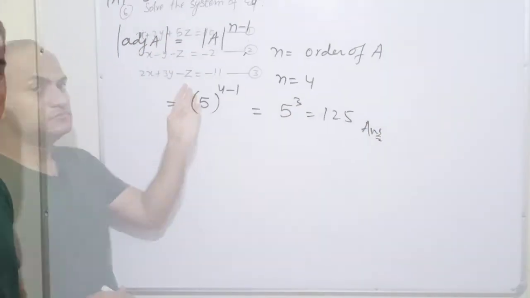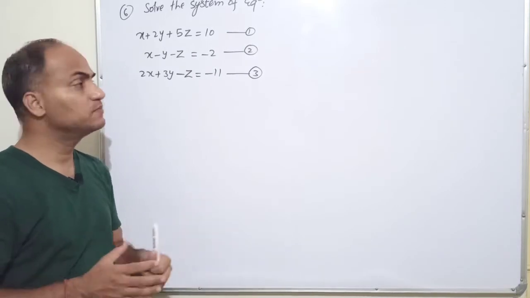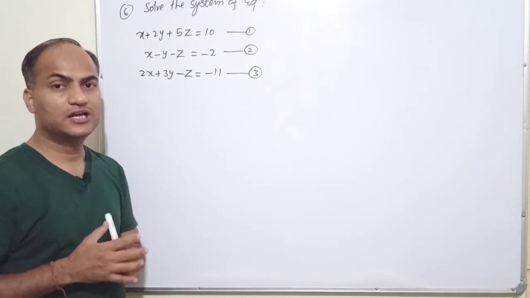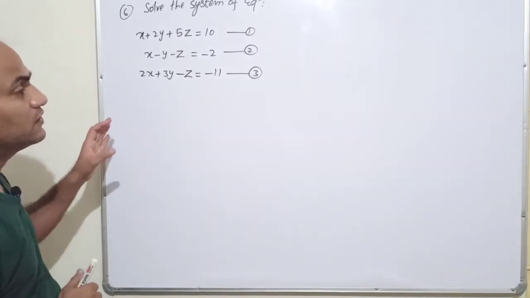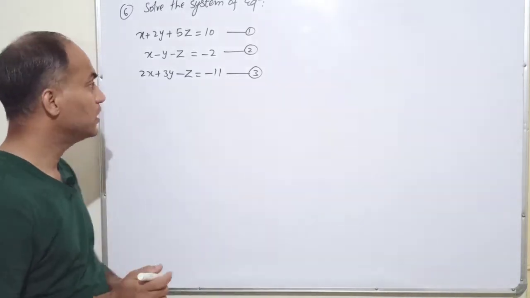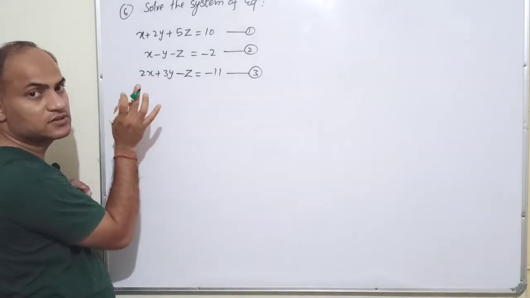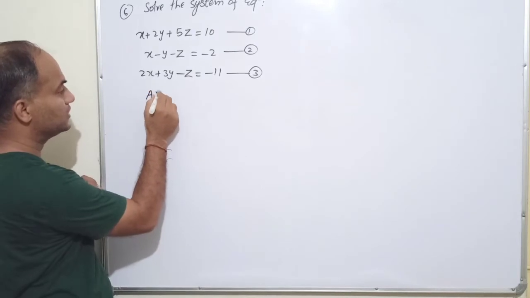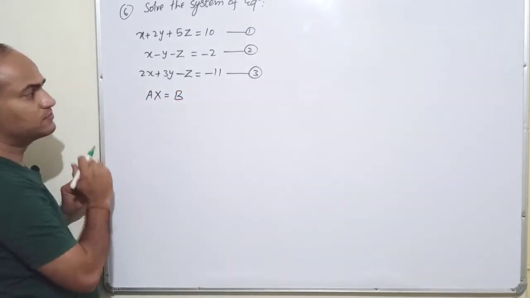Okay, easy. This is also one question which is most we can say important question from the examination point of view. Okay, it is most likely to come in your examinations. So what happens here, we have to apply the matrix method to solve this question. Okay, the matrix method says we convert this system of equations into the matrix form, and the form is AX is equal to B. Okay, where A will be the coefficient matrix.